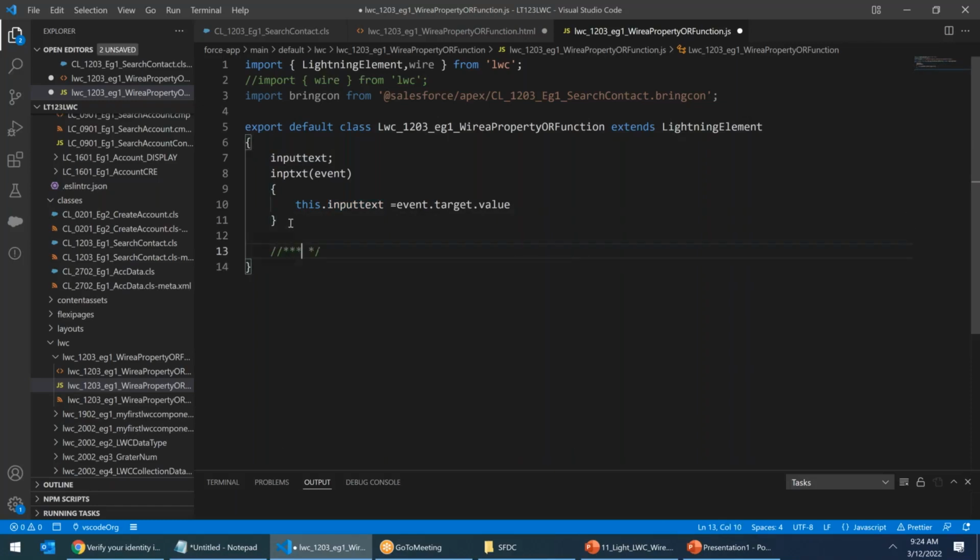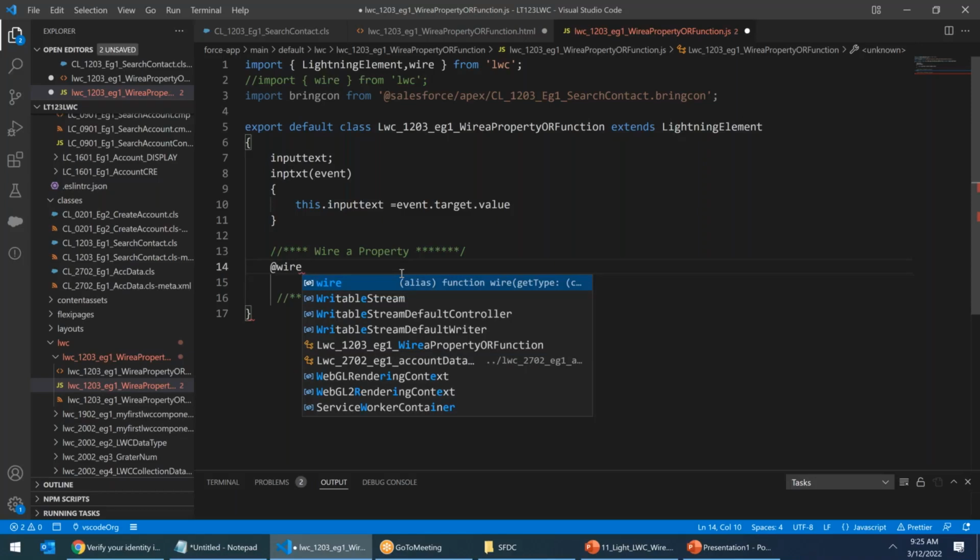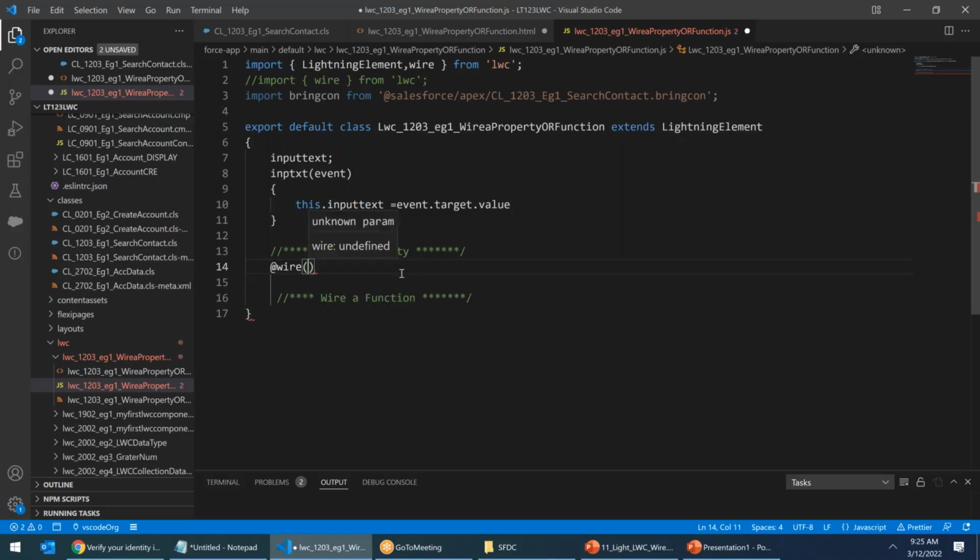First, I'm showing you wire a property. This is wire a property. Next, I will show you wire a function. Now we are doing only wire a property. So let's come here. How to wire a property? You will just say @wire. In this, the method name, bring con,